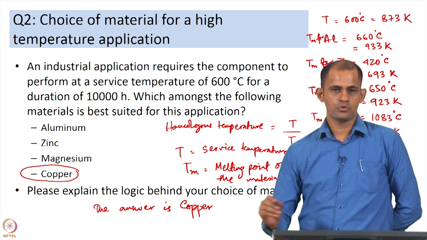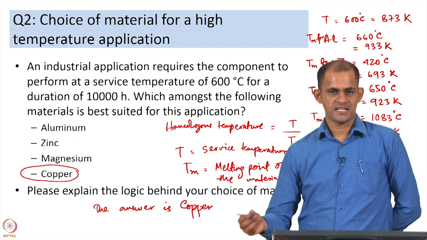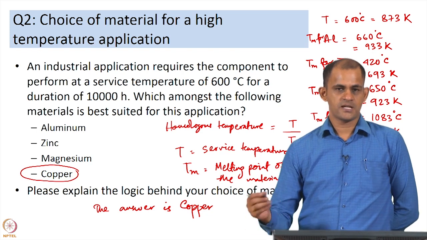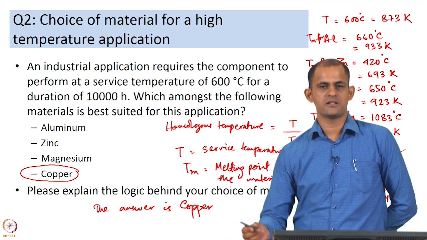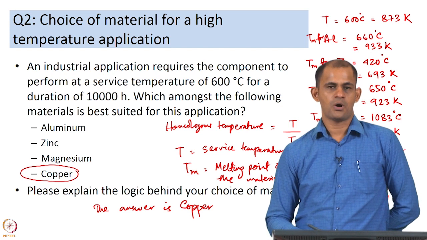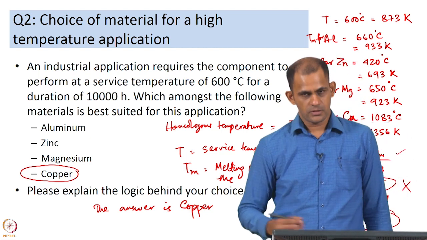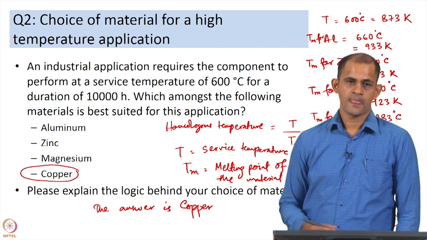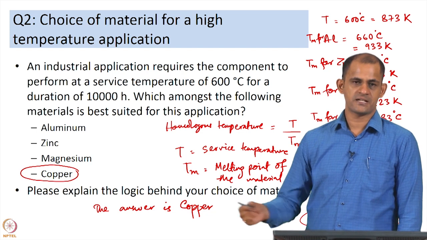Of course, I am saying could be chosen, the reason is one has to understand other aspects of the application including cost. So, industries are sensitive to cost. So, when you choose a material or propose a material for a particular application, you will also have to account for the cost of making a part with that material. But if we ignore those things including other environmental aspects such as perhaps the material needs to be also corrosion resistant or fatigue resistant, etc.